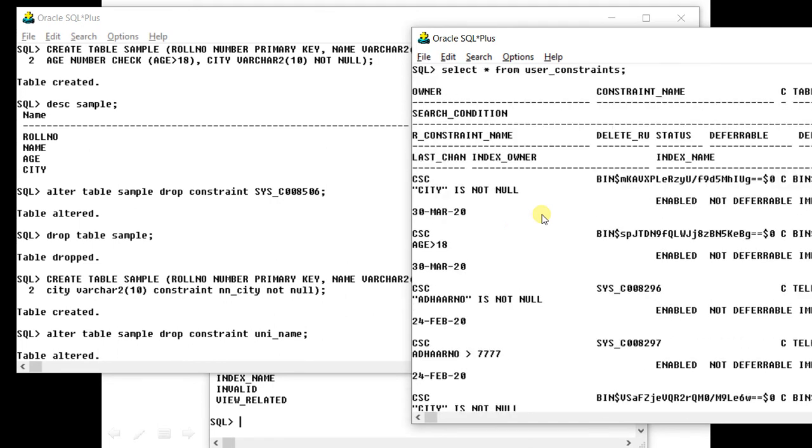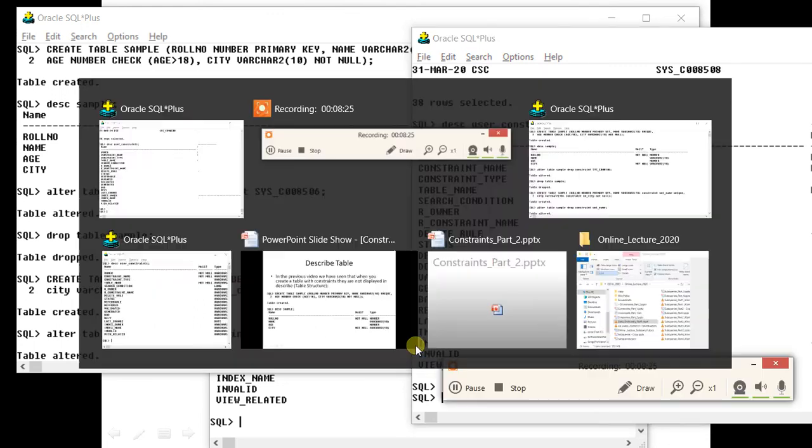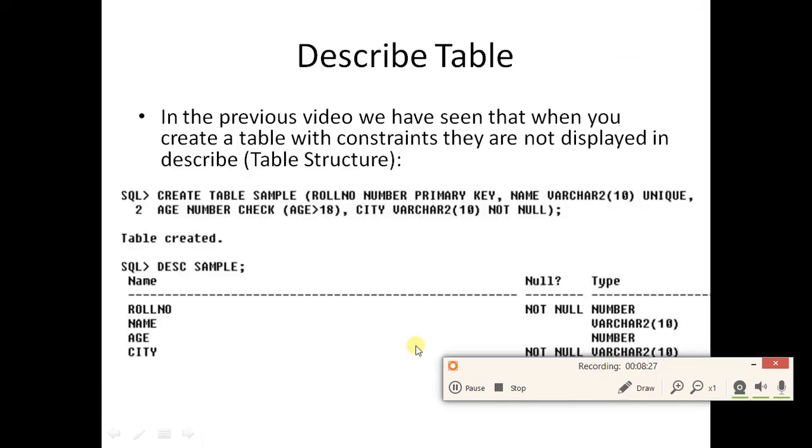Just one thing you have to remember: always give the table name in capital letters, because in the data dictionary, as you can see, all table names and column names are stored in capital letters. So be very careful. If your query gives the output as no rows selected, for example, let me show you.